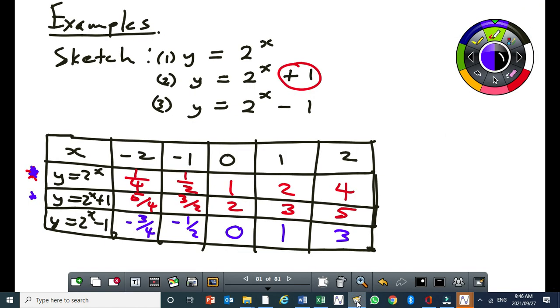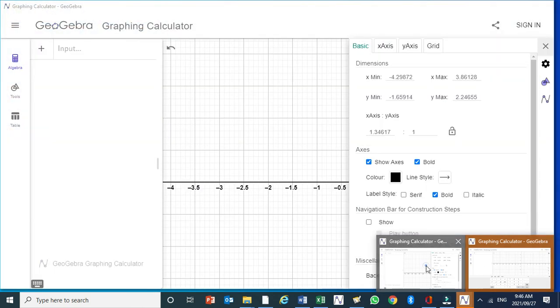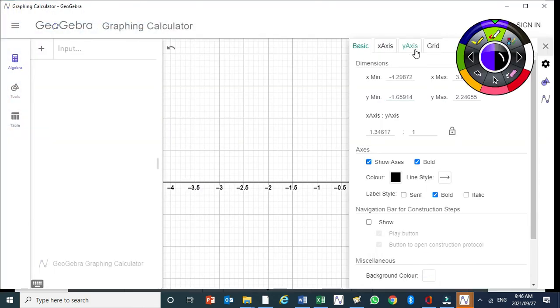Okay, my y values are maximum is 5, minimum is -3/4. Okay, just give me a second. I need to adjust my